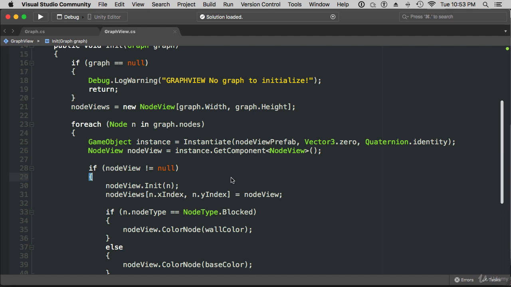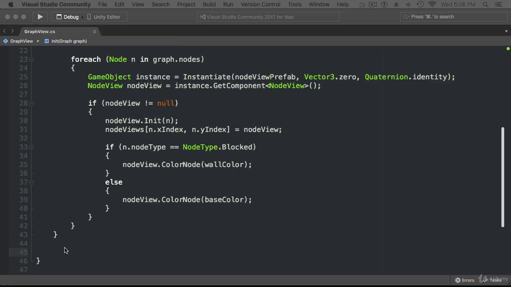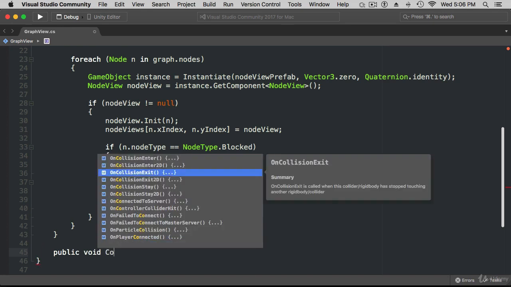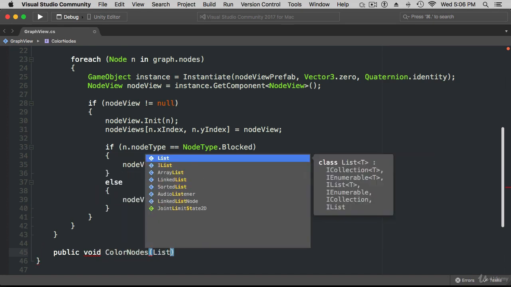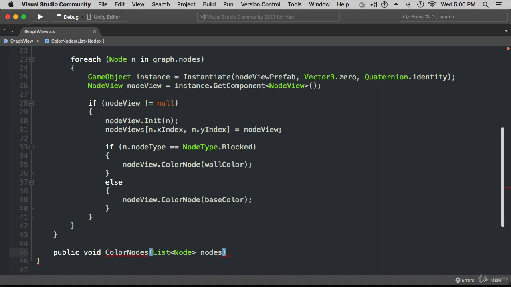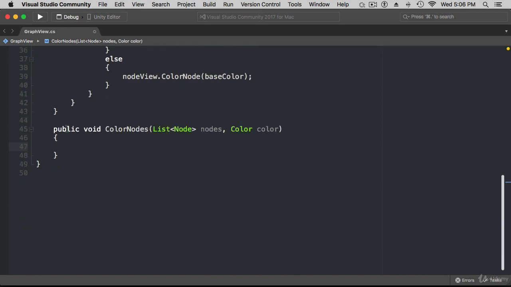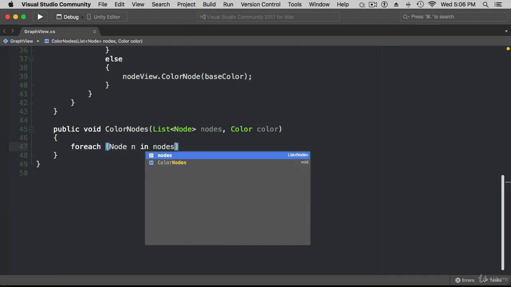One more thing I can add here is a method to color a whole bunch of node views all at one time. Currently, we need to select each individual node view and invoke color node on each one by one. Let's create a public method, color nodes, that returns nothing. We pass in a list of nodes and a color that we want to recolor our node views. For each node n in nodes,